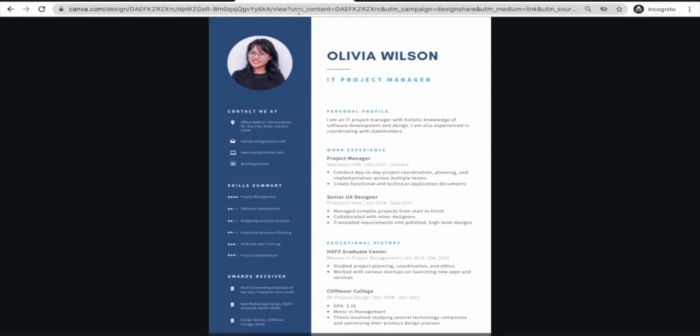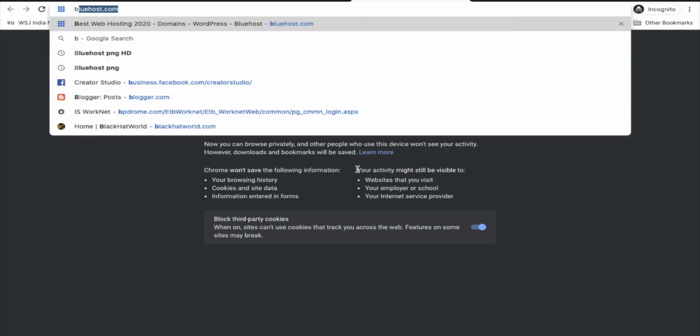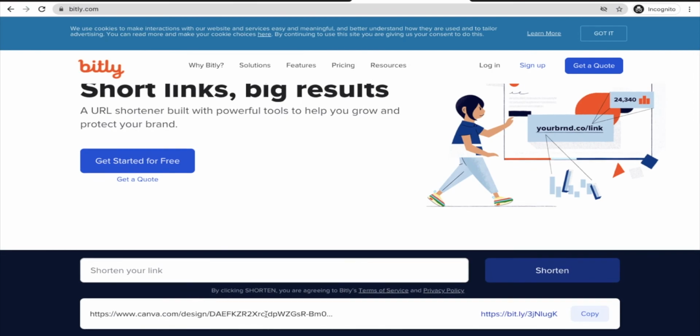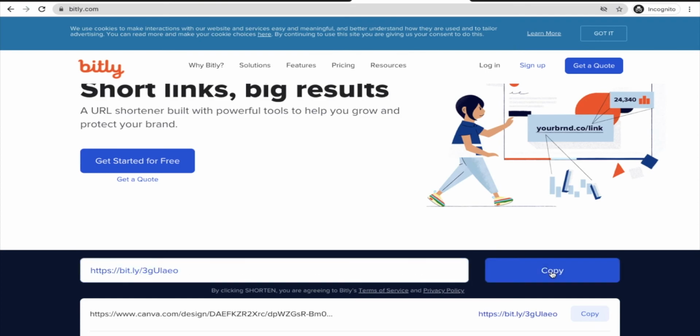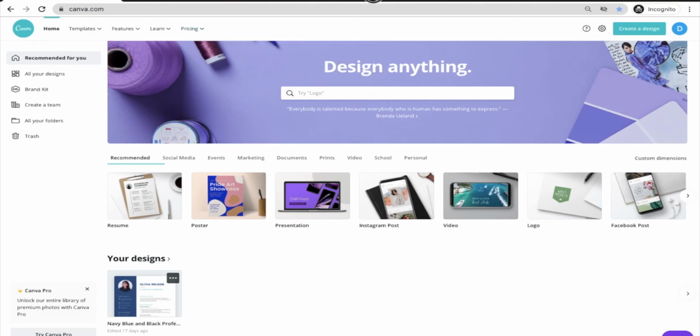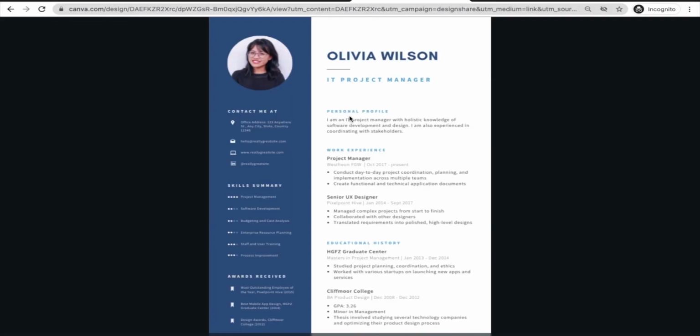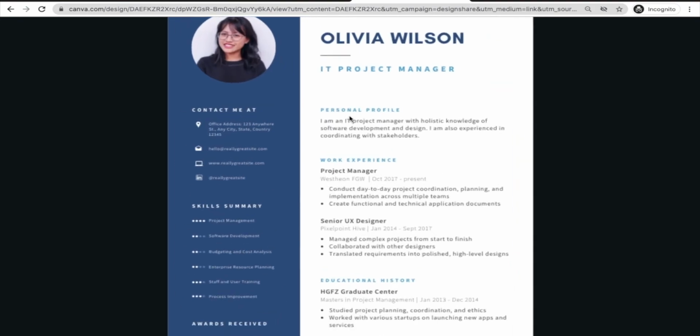One of the cons here is that this URL is pretty lengthy. So if you want to shorten it, you can use link shorteners such as Bitly. If I go to this website, there I have just tried shortening one link. Here I can enter this, and there you can see a link is ready. Let me paste this link here, and it shall redirect to the longer URL. And there you can see this is the resume which is ready now.